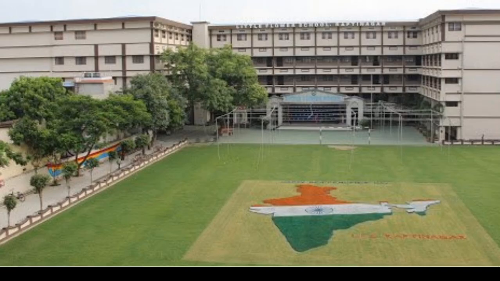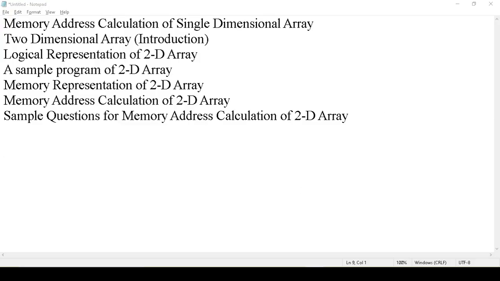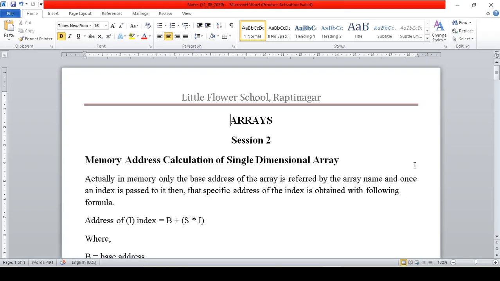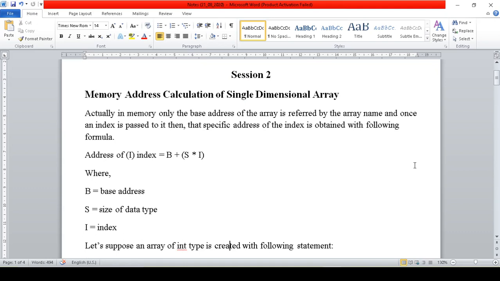As you know, first of all we are going to discuss memory address calculation of single dimensional array, and after discussing this topic, one more thing would be clear to you. Sometimes students ask me, sir, why do we start indexing in an array from 0, why can't we start indexing from 1? First of all, let me tell you, we are not the ones providing any index to the array. It's the compiler which provides the index, and we are accessing that specific index. Now the question is, why does the compiler start indexing from 0, not from 1? You will understand this as soon as you go through this topic.